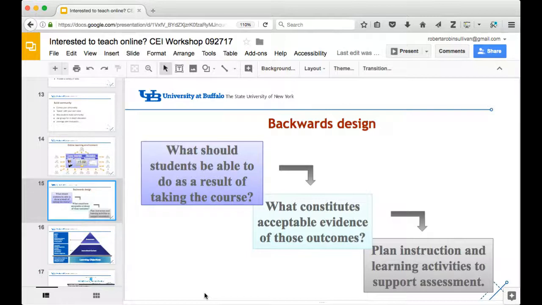After you have that determined, sometimes that's determined by your program or department. Sometimes as an instructor, you have the ability to customize those objectives. Don't overload a course with too many different objectives, but you do want to narrow down what it is that you want your students to be able to do when they're done with this course. After you determine that, the next step is to determine what constitutes acceptable evidence that shows that a student understands those outcomes. The next step in backwards design is to plan the instruction and the learning activities to support that